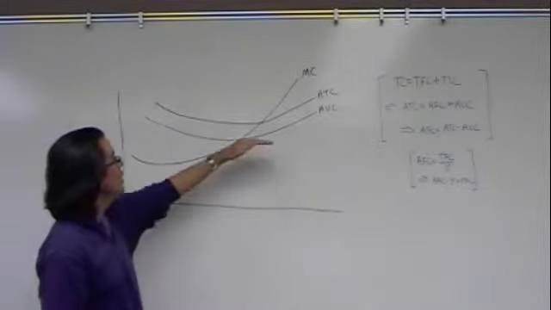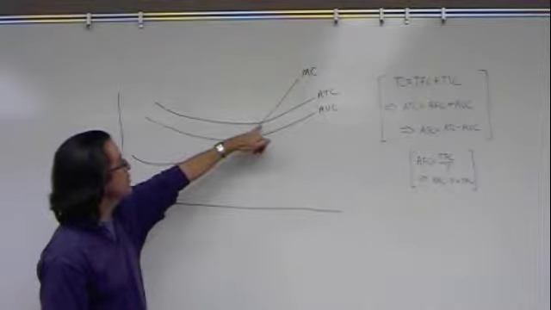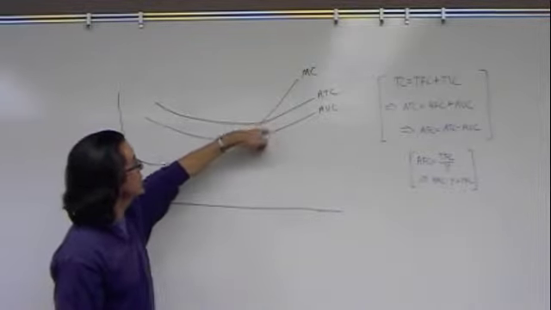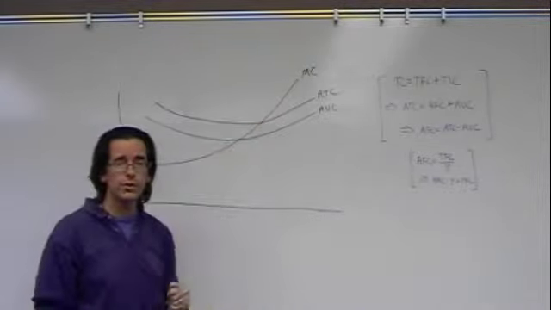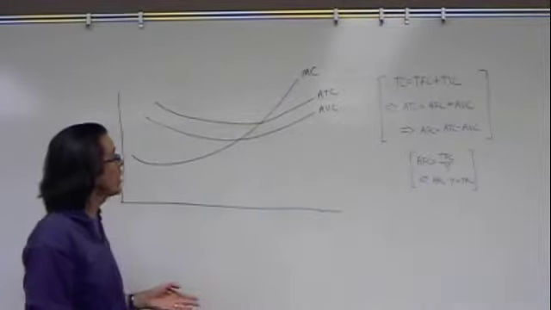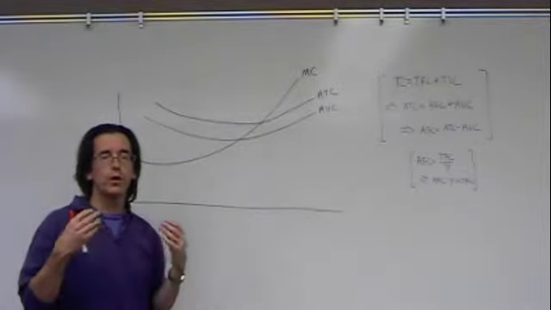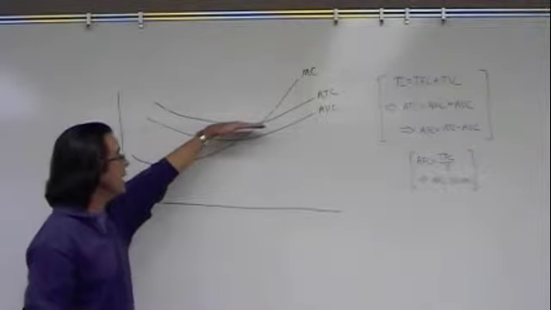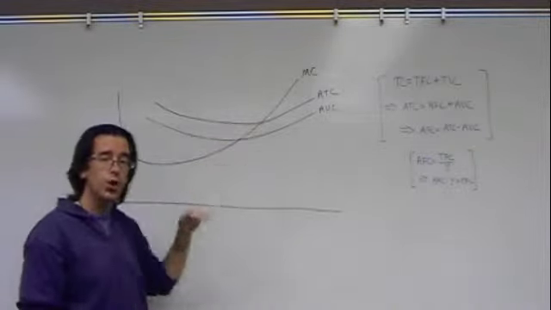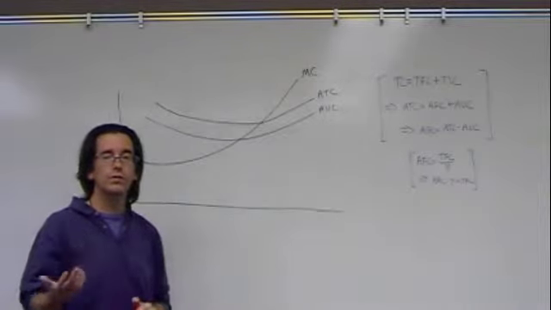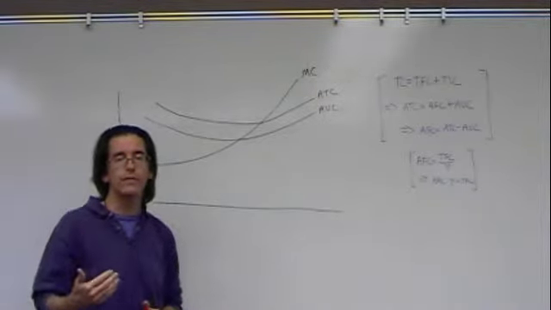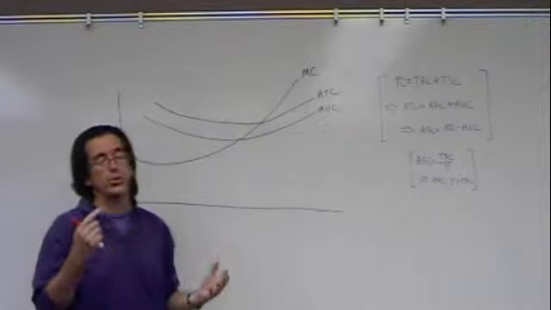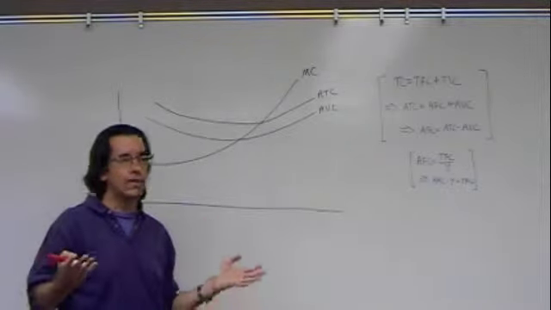If you recall, the break-even price is determined by the price that's just at the point where average total cost intersects marginal cost. And that was the price where profits were exactly equal to zero. We also determined that any price below that break-even price results in a loss, a negative profit. So the first question is, are negative profits okay?